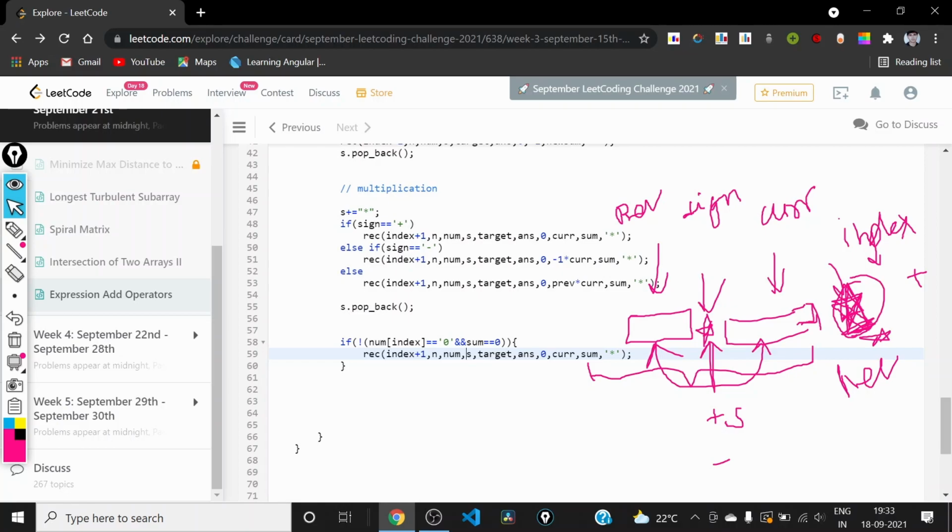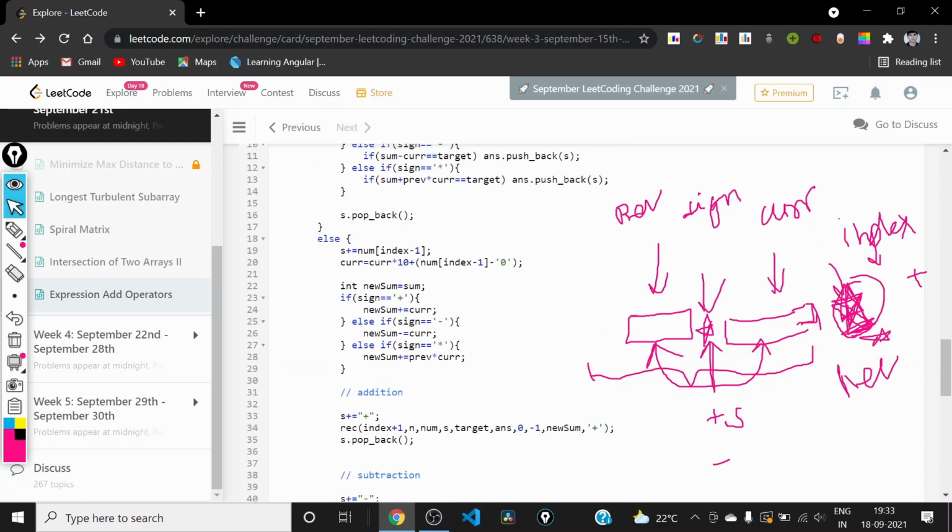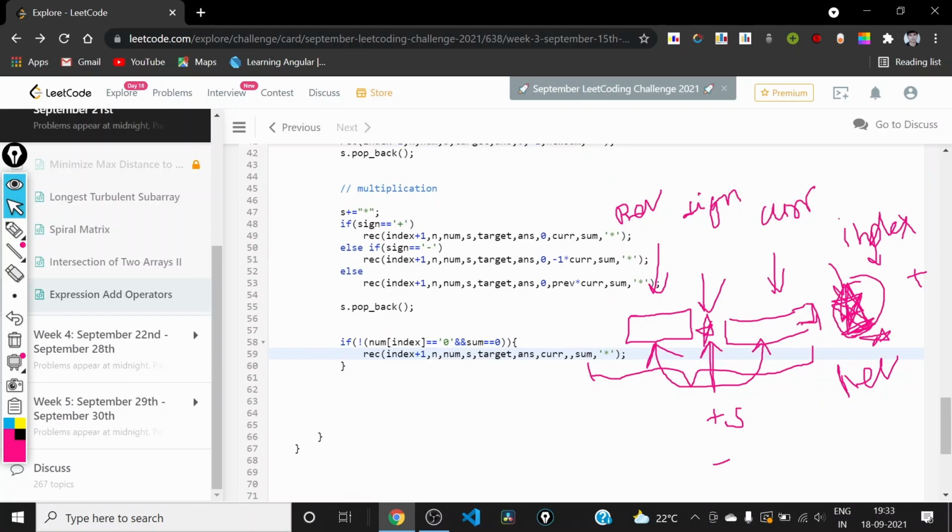All these are okay. The current will not be 0, but the current that we have formed by first multiplying it with 10 and then doing this. And what will be the previous here? This previous will stay previous, the sum will be this, and the old sign will stay the old sign.